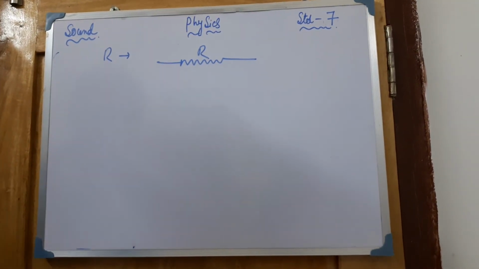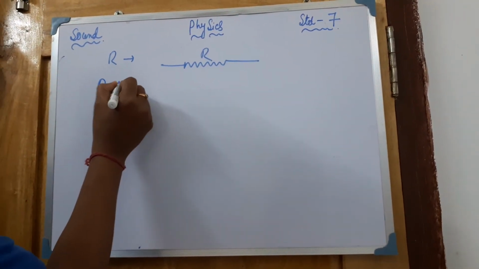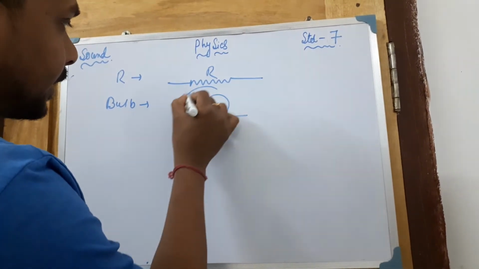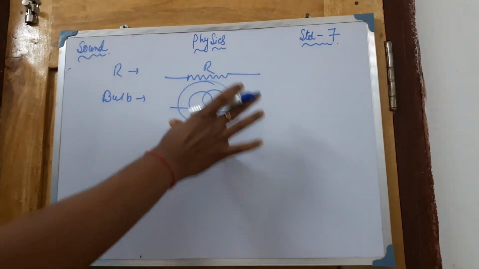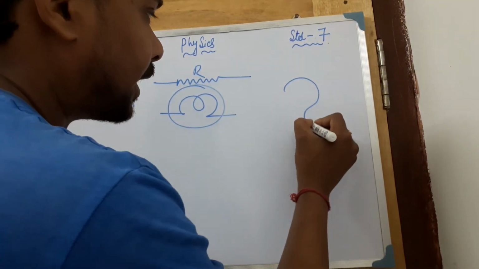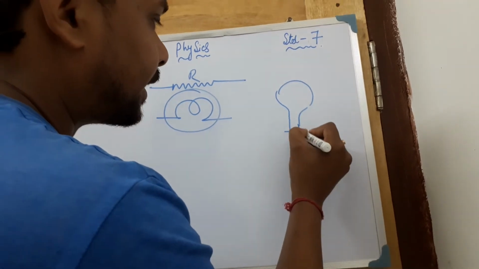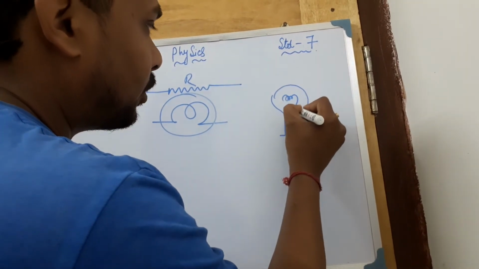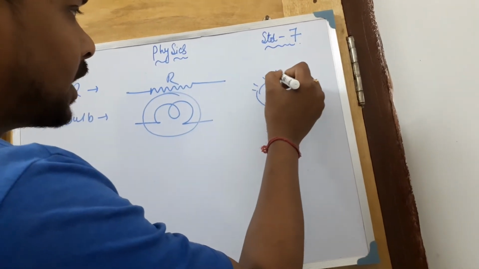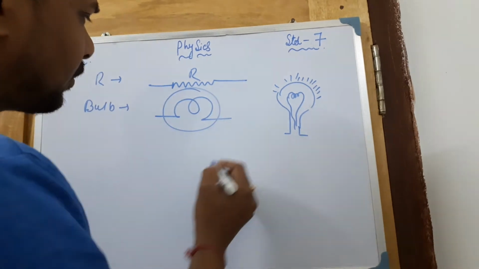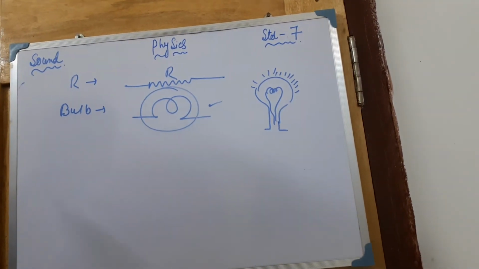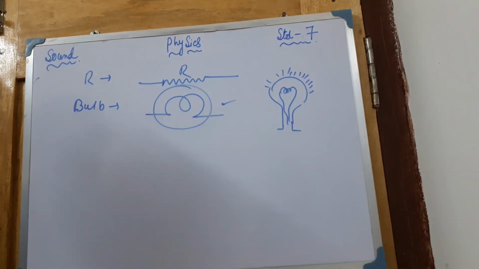Next, suppose you are talking about any electric bulb, then it is just like that. This is the electric bulb. These symbols are used in physics. We will not draw a bulb that is connected and glowing. When we use the bulb, we simply use this notation, and when we use the resistance, we simply use this type of symbol. So this is the thing.